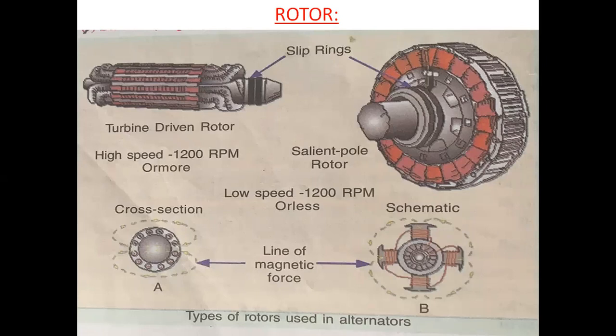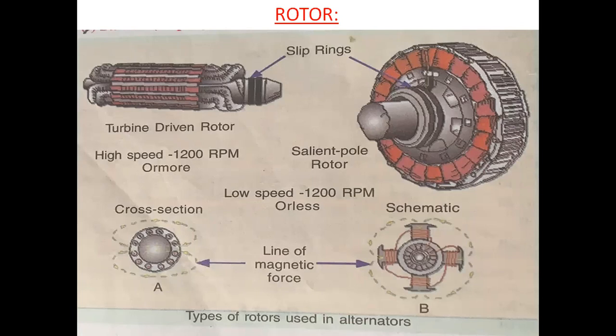or dovetailed. That means these are screwed onto a heavy magnet wheel of cast iron or steel, or other than cast iron and steel, we can choose a material which has good magnetic quality. These generators are characterized by large diameters and short axial lengths.